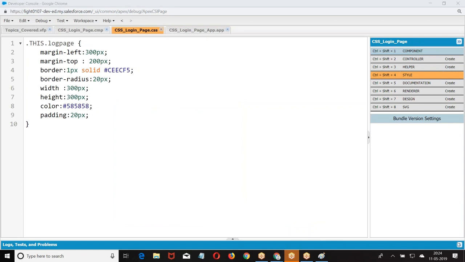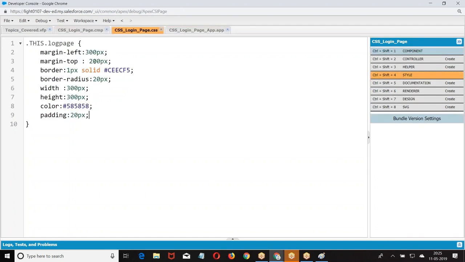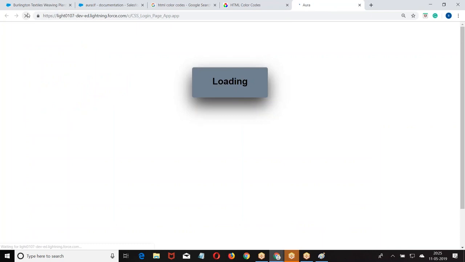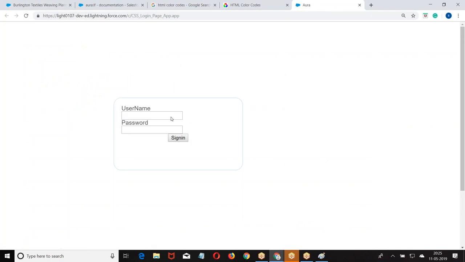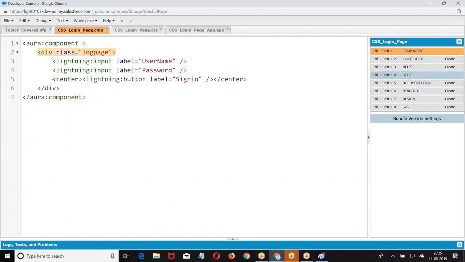Do we need to extend force.com? Not necessary, because we are not trying to apply any standard CSS of the Lightning component. We are trying to take our own structures. Then we have this component.